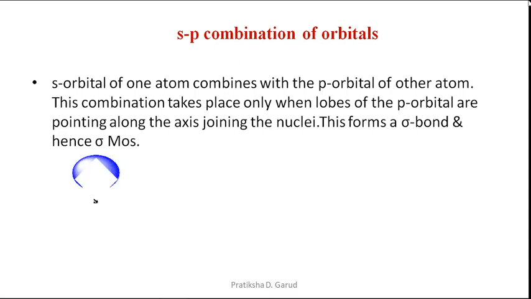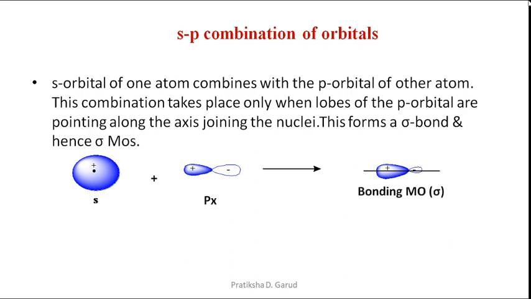So based upon this, when we are having the one S orbital which is having a plus sign, which undergoes combination with a P orbital, such that the lobes are pointing along the axis joining the nuclei, and that P orbital is the PX orbital. The S orbital and the PX orbital undergo combination, and then we are getting a larger resultant wave. There is an overlapping of the same sign, and hence it is called the bonding molecular orbital,